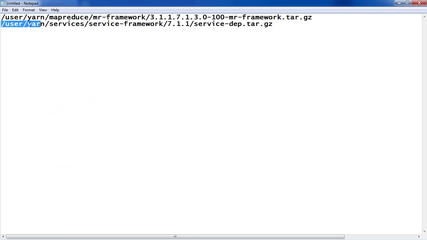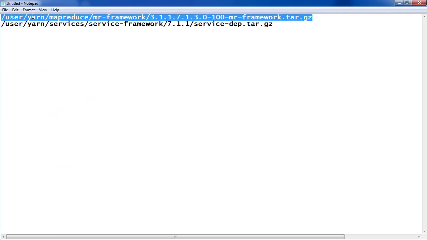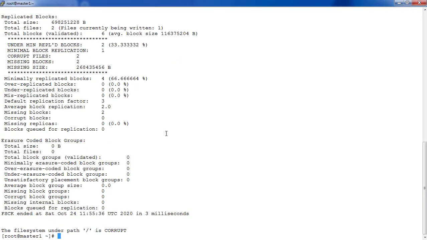Then the next step, we need to identify the block name which is missing or corrupted, and where it might be located.